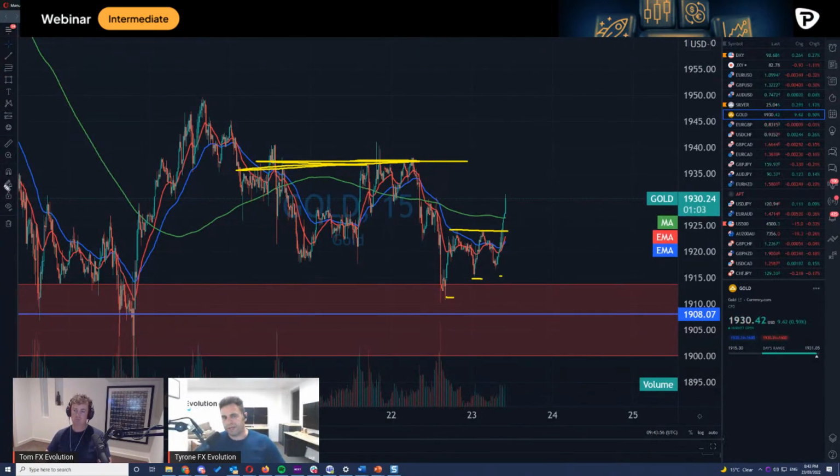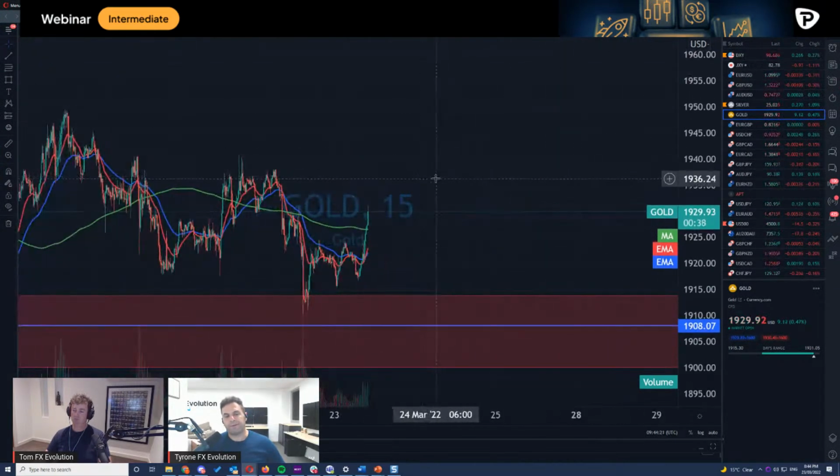But this is not where you're setting long set and forget positions, right? That's the whole point. Understanding that we are in a sideways market here, even if it's only short term, even if it's only on a small time frame, trade accordingly and aim for the right places. The biggest mistake people make is they don't understand which market they're trading. They're trying to place long-term positions in a range-bound market, or they try and place range-bound trades in a trending market. The complete opposite of what you should be doing.